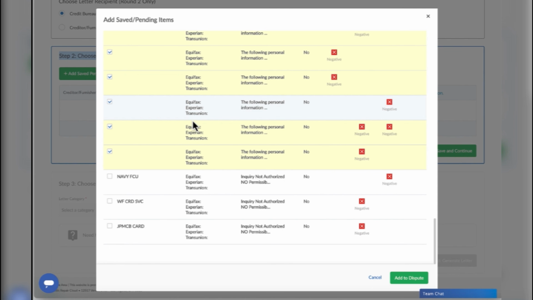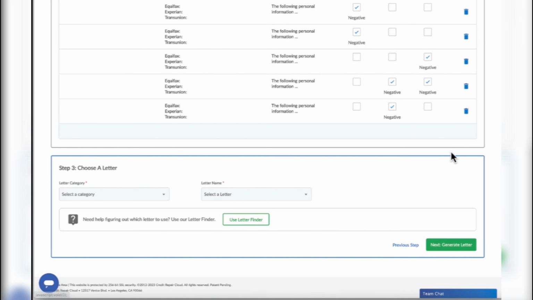I did notice this client's credit profile has a consumer statement. And these are often where, if you dispute something on your credit, they'll put a consumer statement, but we don't want anything on our consumer statement. So let's go ahead and hit add to dispute. We're going to hit save and continue, so we can go ahead and go to step 3